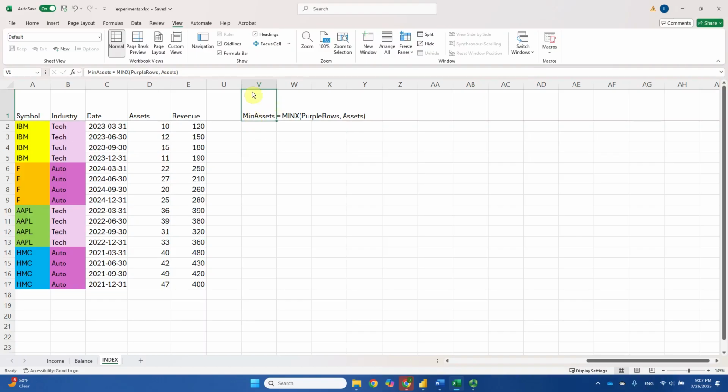Not just one particular data field, the MINX function can also take the minimum of an expression. For example, if you use revenue divided by assets, then this MINX function is going to take a look at the purple rows, again these 8 rows altogether, and it's going to look at this value, which is revenue divided by assets. That's a ratio called asset turnover, right? So it's going to take a look at this ratio and take the minimum value among these 8